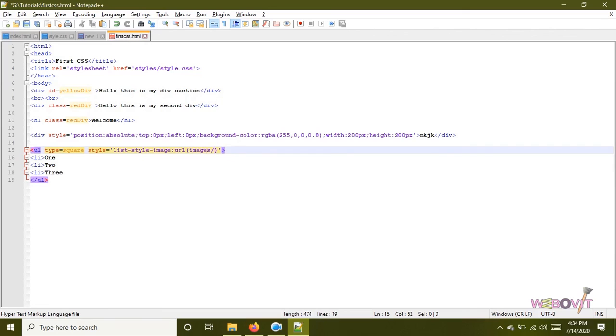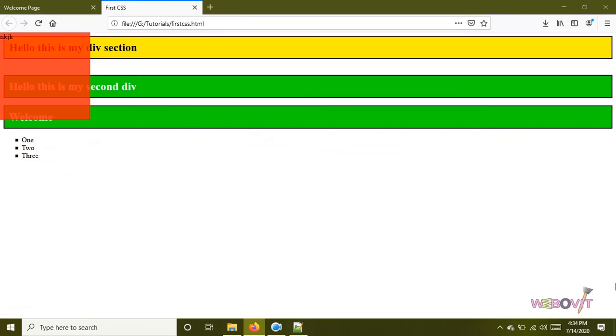So inside the images folder, then the name is icon.gif. If we see the preview now, those bullets are replaced by the cross icon, or cross image, what we were having. We can adjust the size using Photoshop so that it exactly gets fixed accordingly.